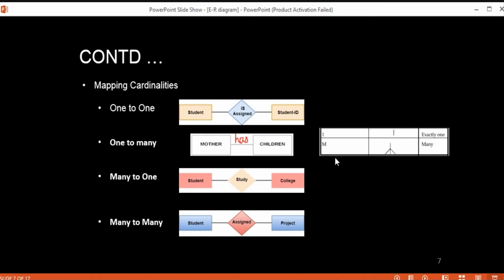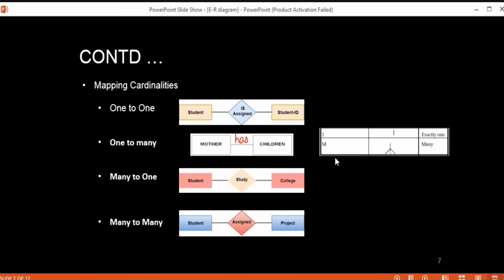Like the relationship between a car and different kinds of options like air conditioning, brakes, etc. A car can have many options, and it is also possible that an option can be installed on many cars. Different options can be installed on different cars. So those are the four basic types of cardinalities.